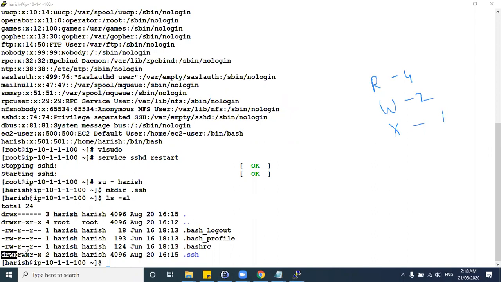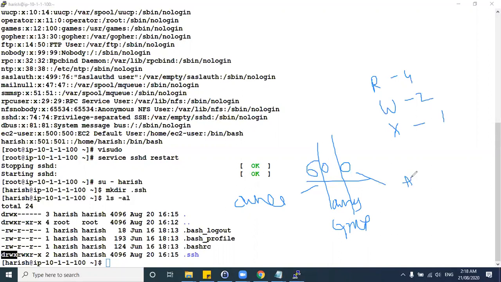Now, you also have a command like, say, for example, 600. 600 is not some one code, right? It has three parts: 1, 2, and 3. The first part would be your owner, who is the owner for this particular file or folder. Then the second part would be the owner group, and the third one would be all others. So this is how it will be. You have different things like chmod or change owner, which we'll discuss in detail in the next video.